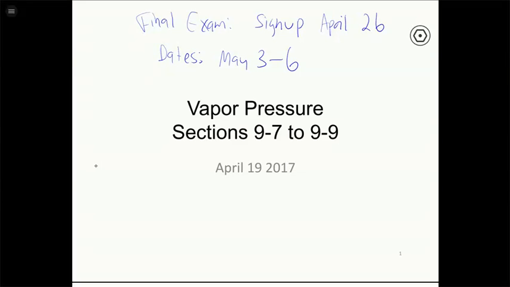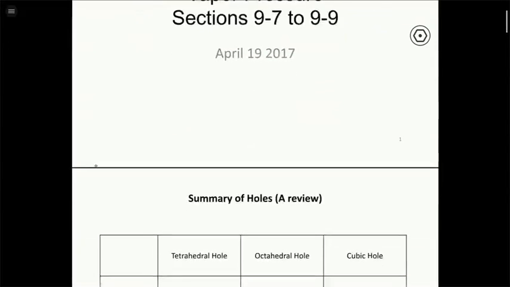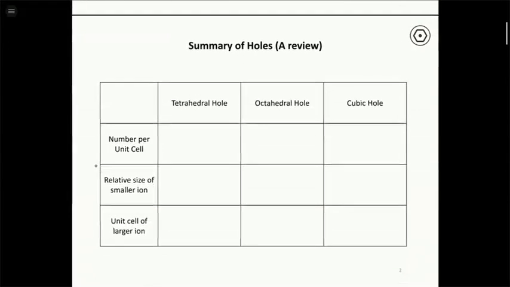Okay, so what we're going to do today is go back to liquids and talk about a phenomenon called vapor pressure, which we've already introduced on a very basic level, and we're going to see more details about that. But before we get into that, let's review a little bit of what we did last time and give you an idea of some of the types of problems we could give you related to that material.